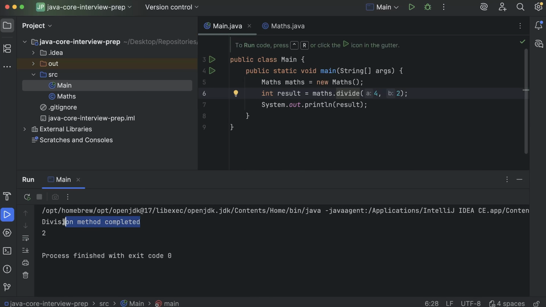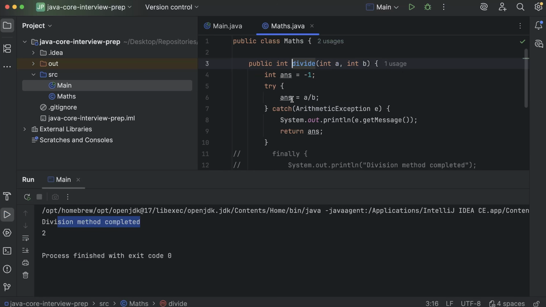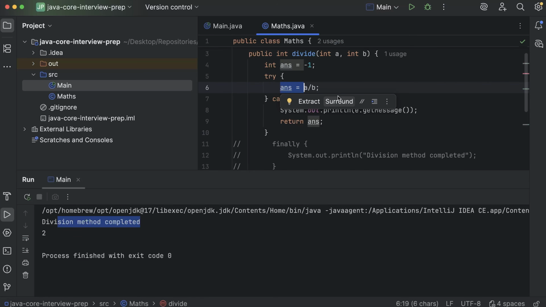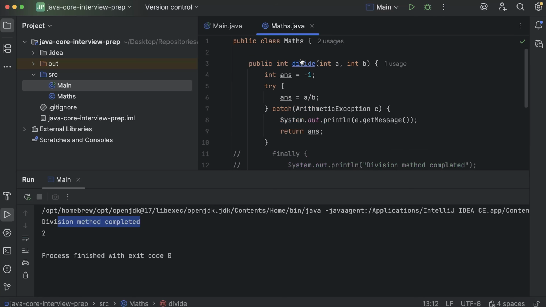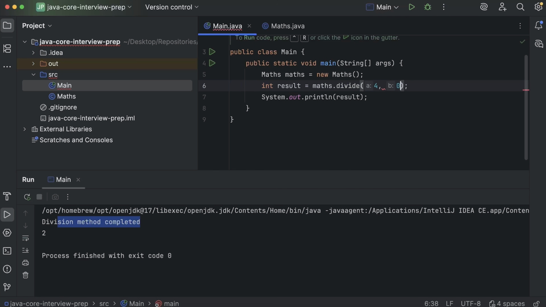Alright, I'll run this, and yes, this gets printed because we came here, answer was 2, and it didn't go into the catch block because there was no exception. So then it came to line number 14, this was printed, and we returned 2. But let's say there is an error scenario and we divide it by 0. Now if I run,